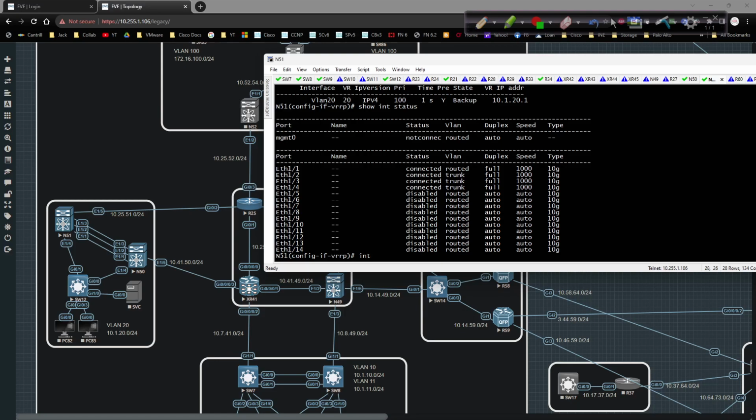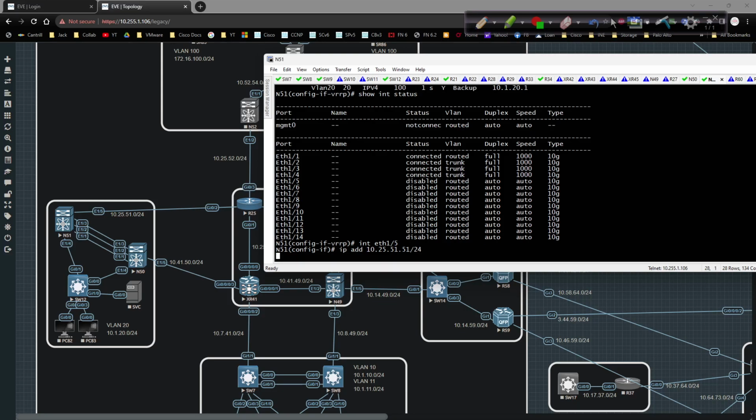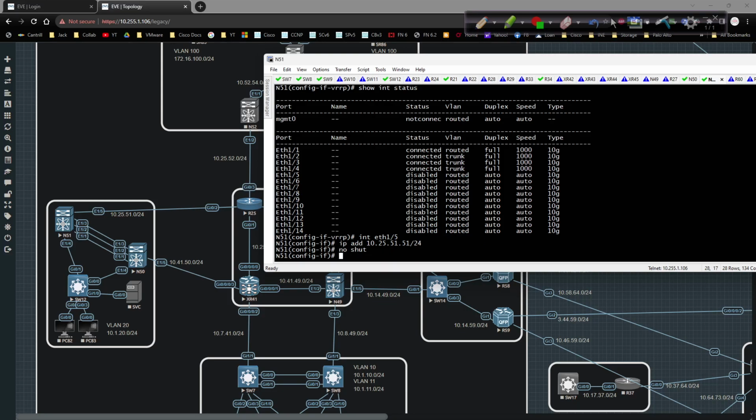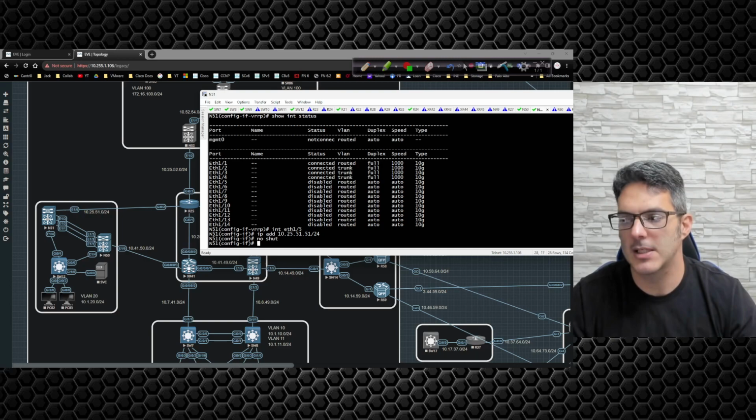So I'm going to go to interface E1/5, and I'm going to specify the IP address here to be 10.25.51.51/24. And I'm going to no shut the interface. Now there's another question. How come I am using /24s? How come I'm not using /30s as you normally would as a transit interface? Simple. This is a lab environment, and I am not digging into /30s. You would in the real world, yes, but in a lab environment,